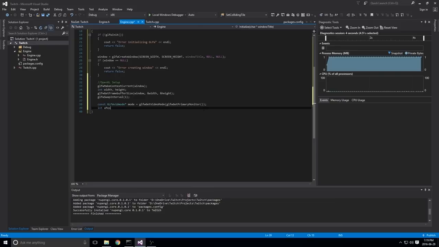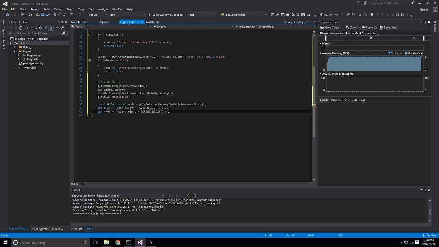So using that, we'll just do this: xpos. We'll set it equal to mode, which again has our monitor data. So if we say mode arrow width, because it's a pointer we use the arrow, we can get the width of the monitor, and then we can subtract the screen width from that, and then divide that by 2, so that we get the difference. So we get the difference of how wide our monitor is and how wide our window is, divided by 2, and that'll give us the center point halfway. And then we'll do int ypos equals mode height minus screen height. Oops, this should have been screen width.